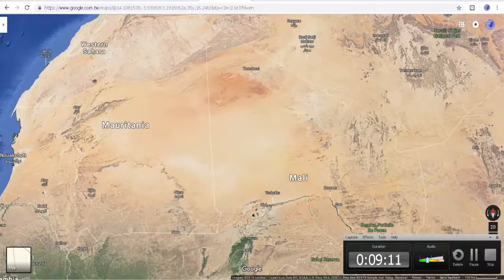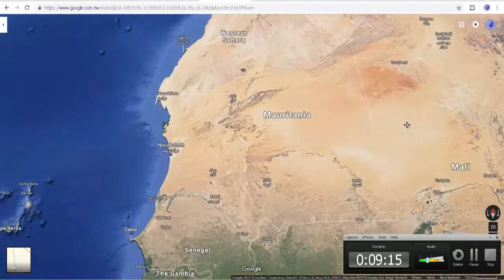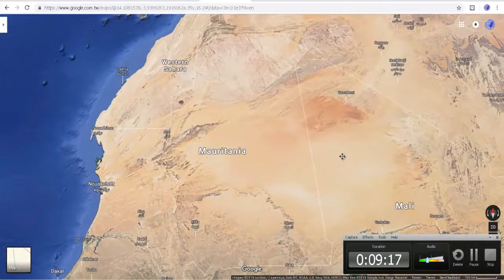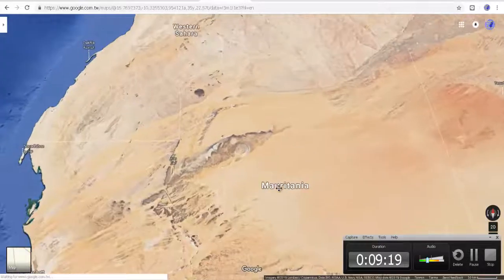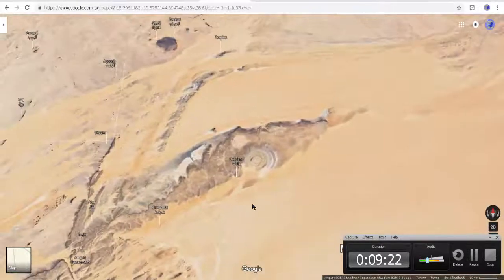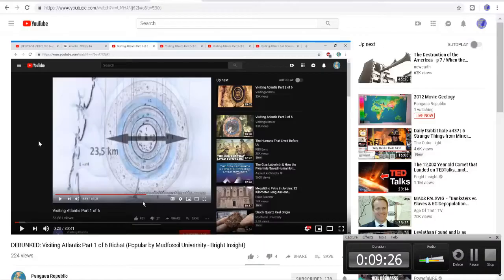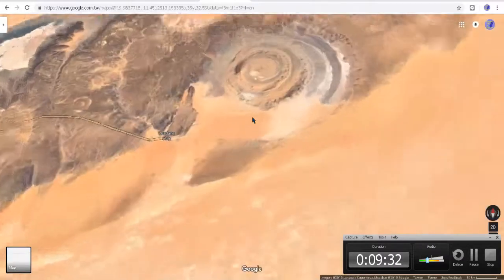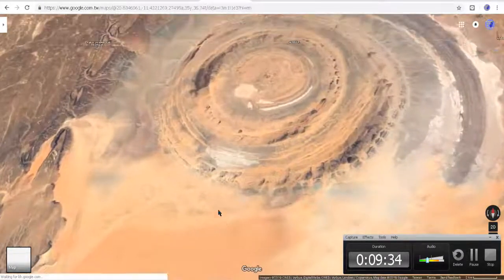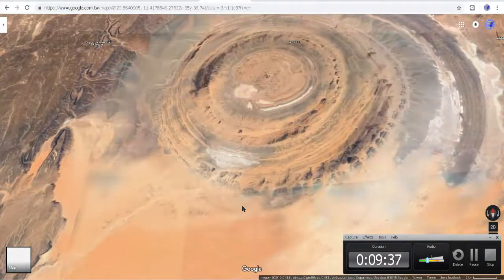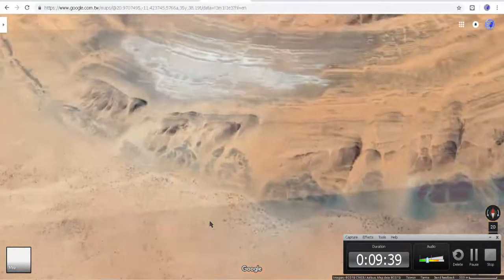Have a good day. And think about this when you're talking about whether or not Atlantis was located in Mauritania. You can zoom right in. And I look at this video over here, and I look at these two things here in this drawing, and then I zoom in, and we can see a gateway, two mountaintops, but even further than that, we can also see